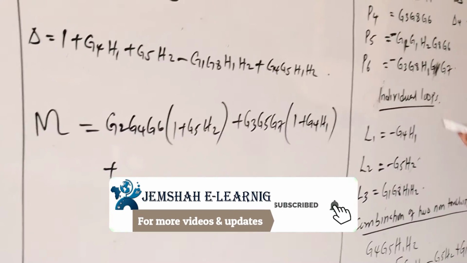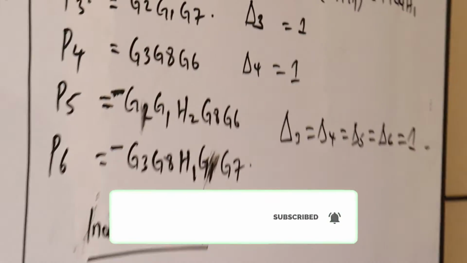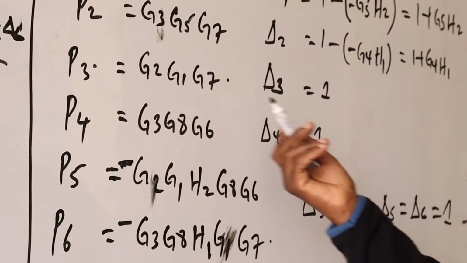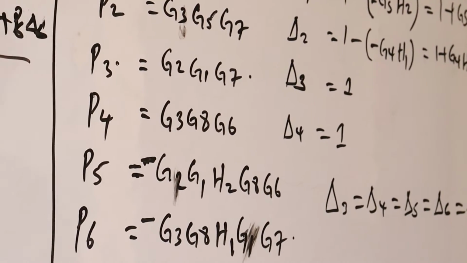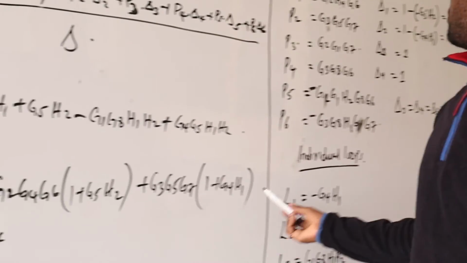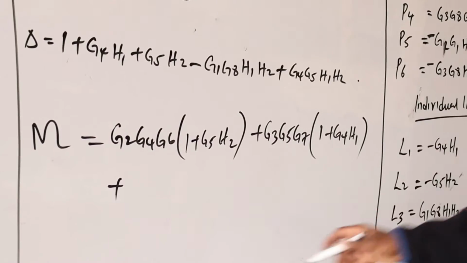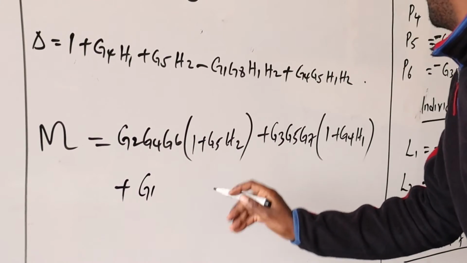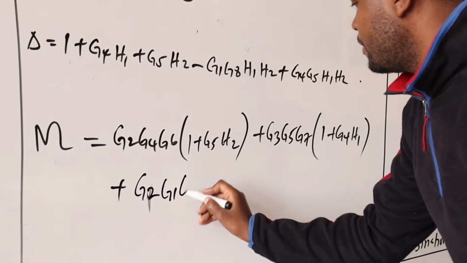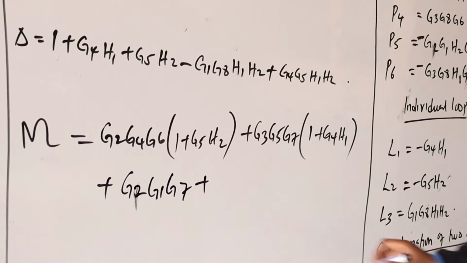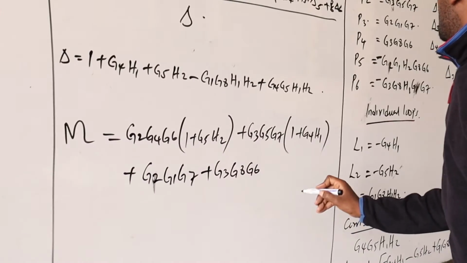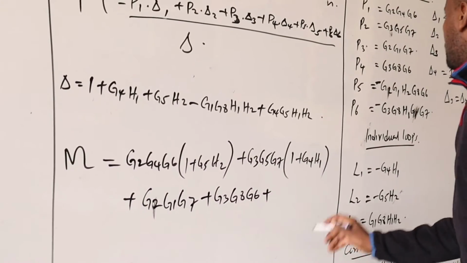Plus, of course, all from that one is 1. They have the determinants as 1. So every path has a determinant of 1 because, from the analysis, we realize that they touch all the loops. So from there we have only G2, G1, G7 times 1, G3, G8, G6 times 1 again,